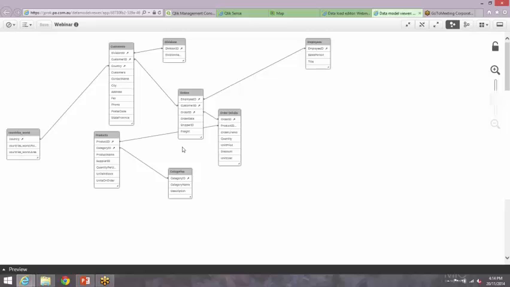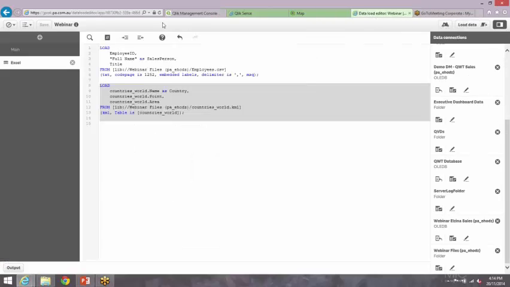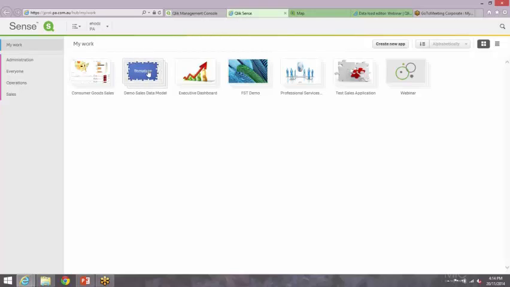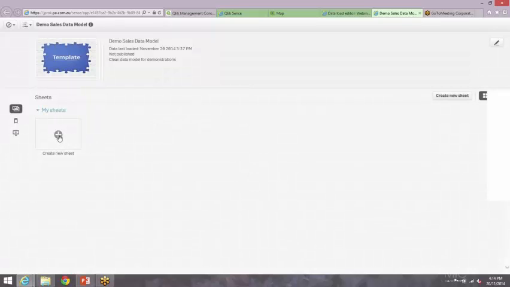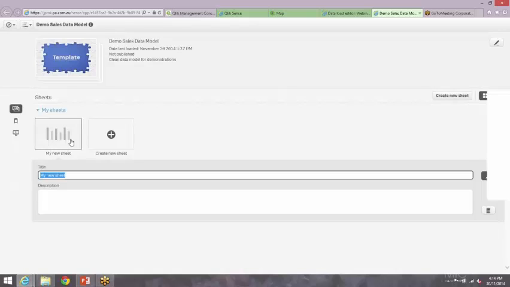So now that we have some data, we're going to switch to the application design and start creating some charts and actually using the data to find the insights. And just to save some time, I will switch to a pre-done data model because I've done some additional calculations, so we don't have to spend more time on that. We'll use that from now on. But it is exactly the same data that we just created with just some extra defined measures and dimensions that I've done. So when I open my data model, the first thing I need to do is to create